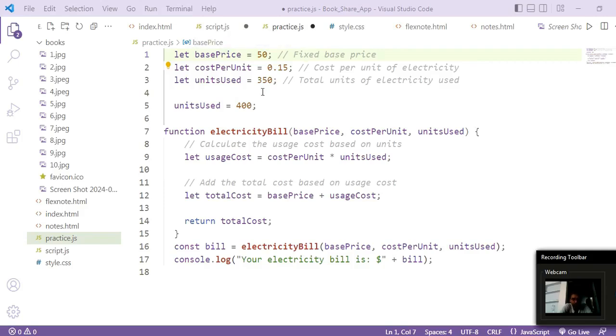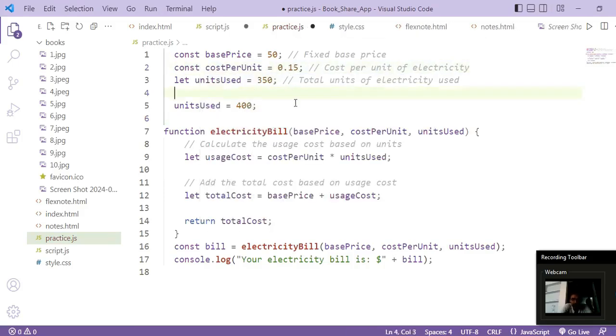Now we have a base price for our electricity bill, and this is fixed by the government. Okay, so you can make this a const because it is not going to change in the entire program, right? So try to make those values const which are not going to change, and also try to make variables const as much as possible, and if it is not possible then you can use let. Okay, now cost per unit of electricity is also fixed by the government, so you can make this const